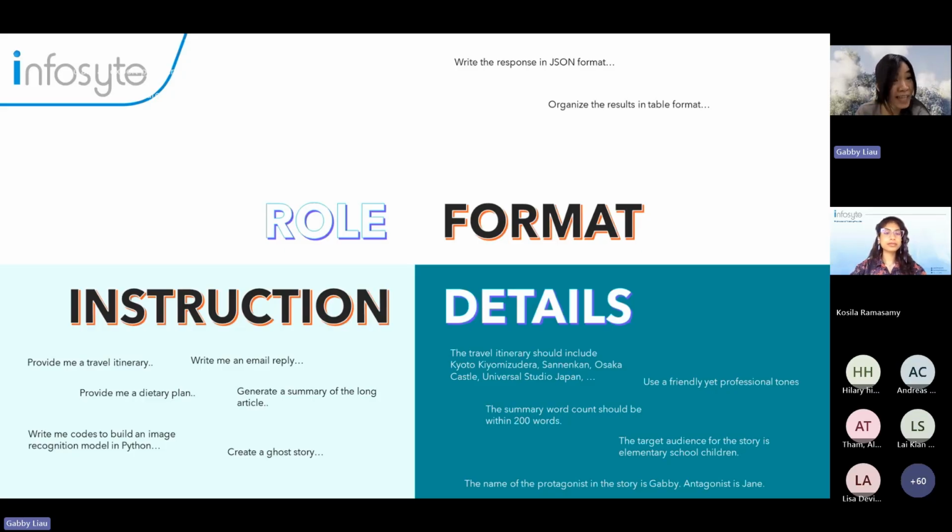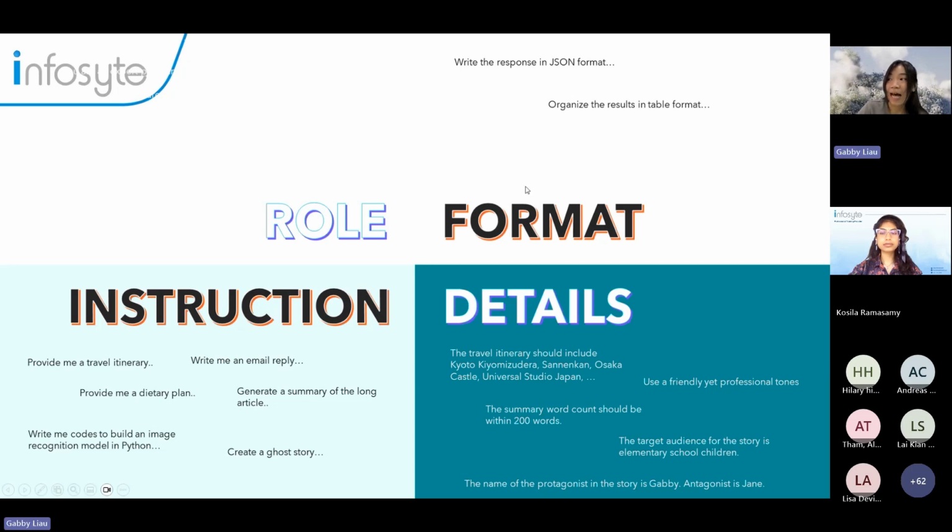Give it some detail, give it some context, and finally you write some format requirement. Please write me this plan in table form. Please write me the plan in point form. Because if you never mention this, most of the time by default they give you the response in paragraphs, a very long paragraph, which makes it very difficult to read through. If they arrange everything in a table or list it in point form, bullet points, it is easier for us to understand and interpret. So these are the RFID that you should have in your prompt.